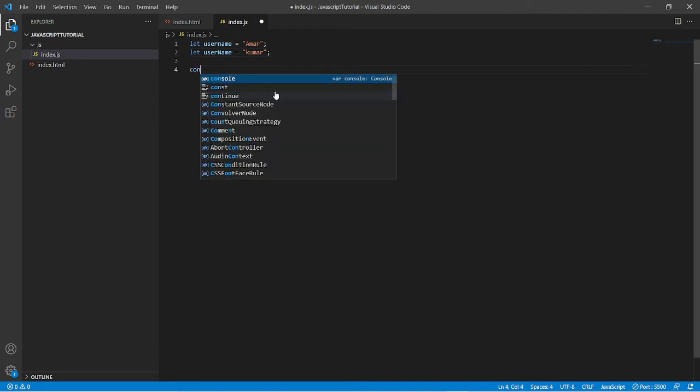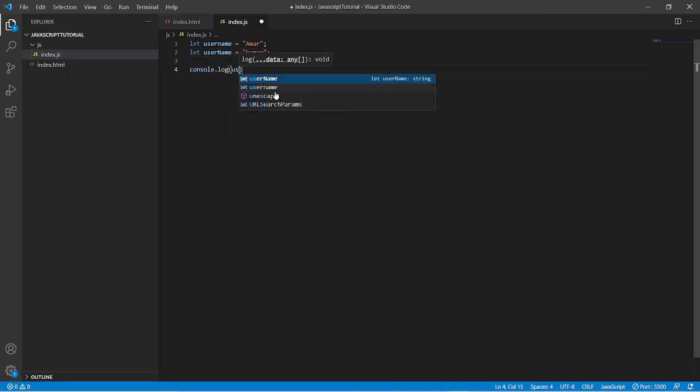So when we log console.log username and console.log userName, both are different. Why? Because JavaScript variables are case sensitive. Here we have a difference in the case of the n letter. So these two variable names will be treated differently in JavaScript.